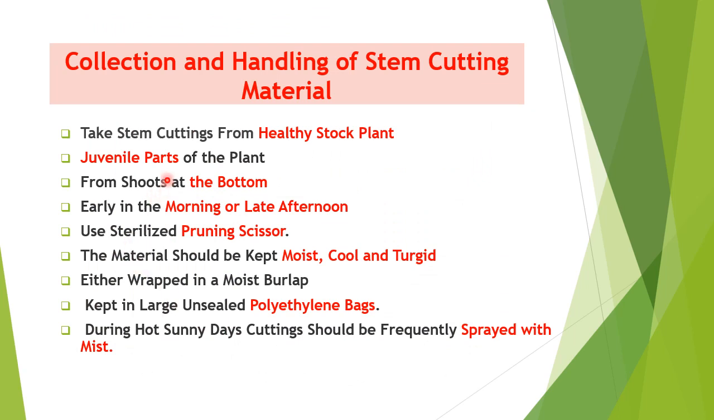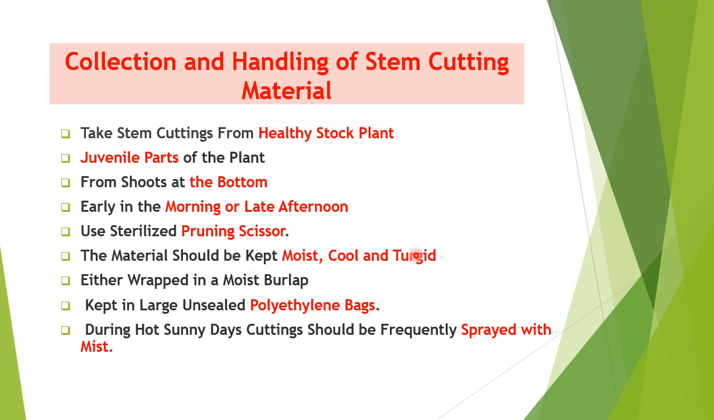The question is how we will collect and how you will handle the stem cutting material. You have to take the stem cuttings from a healthy stock plant. This is the first and foremost rule. And you have to take it from the juvenile parts. You have to take the shoots from the bottom, the lower shoots, and collect them early in the morning or late afternoon. And you use a sterilized pruning scissor or a scratcher,